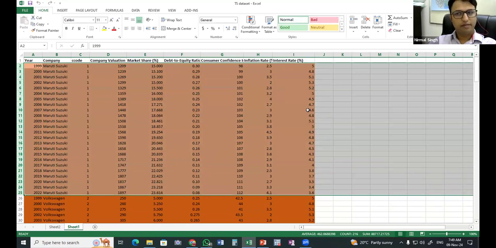After that, for example, I have different years starting from 1999 till 2022, but I am the cross-sectional identity, which is different companies, that is also varying. It means I have data for different companies for different years. That is the panel data. That is our main focus of today.